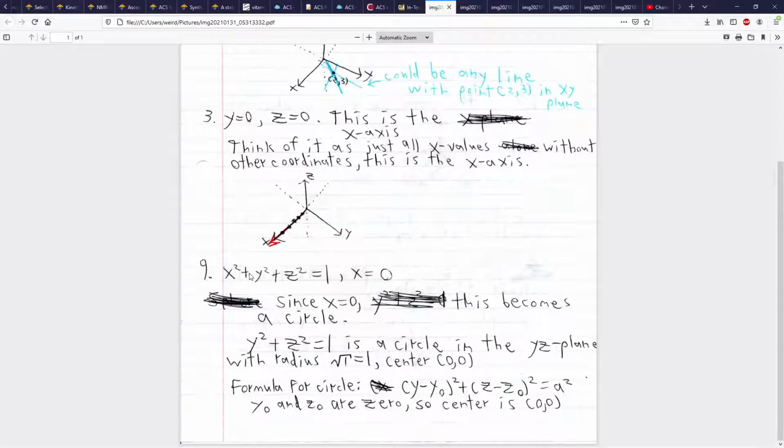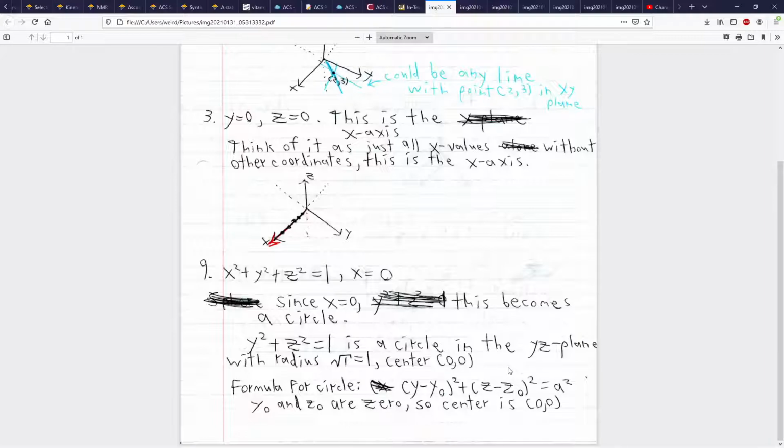And x squared plus y squared plus z squared equals 1, where x equals 0. Well, if all three coordinates are in play, then it's a sphere, but two coordinates in play means it's a circle. And y squared plus z squared equals 1 is a circle in the yz plane with radius square root of 1, which is equal to 1, of course, and a center of 0, 0, the origin. Because the formula for a circle is simply